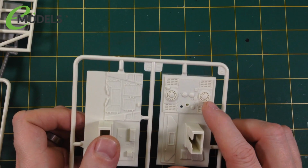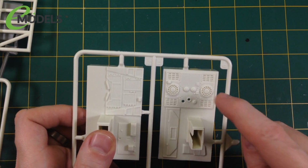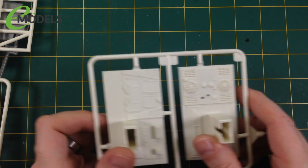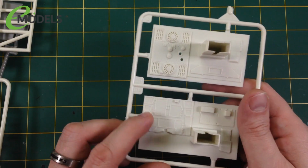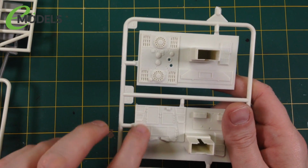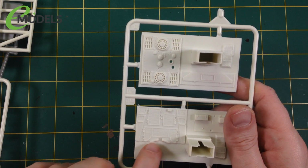this is what the model makers used to use on the original filming miniatures. They used to take parts of kits and kit bash and stick things on there, and they've reproduced it probably exactly. Here you can see, I'm not sure what this is from, but this is effectively, I think, the back of a tank, because you can see all the vents,